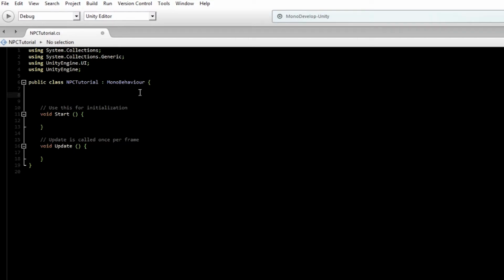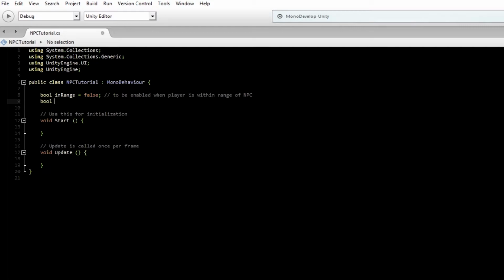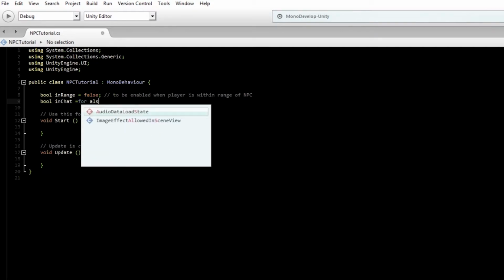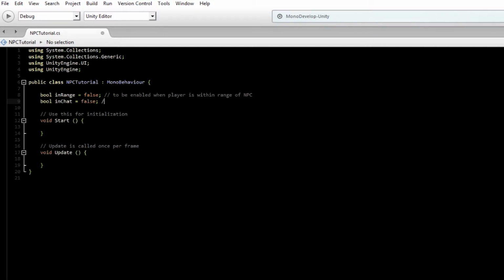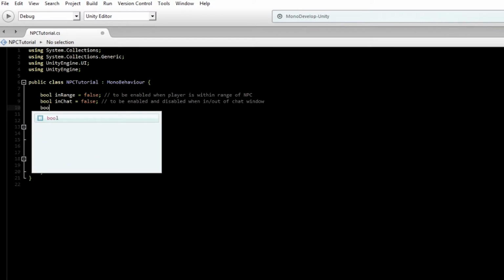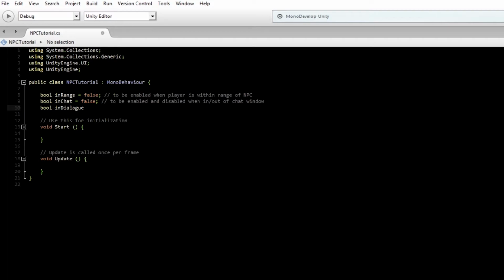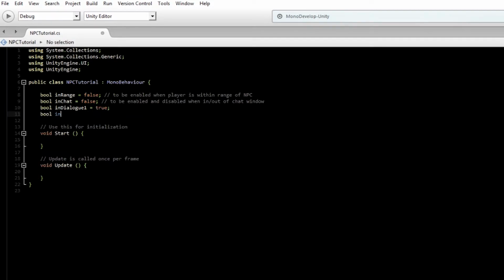So we're going to create a couple booleans. We're going to call this in range, and this is basically to be enabled when the player is within range of the NPC. In chat, false. And this is to be enabled and disabled when in and out of the chat window. We're going to have in dialog 1, and this is the starting window. And now we're going to have the